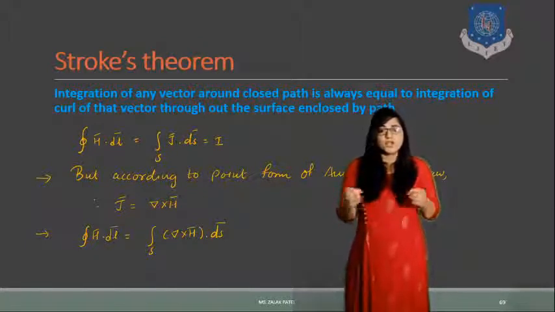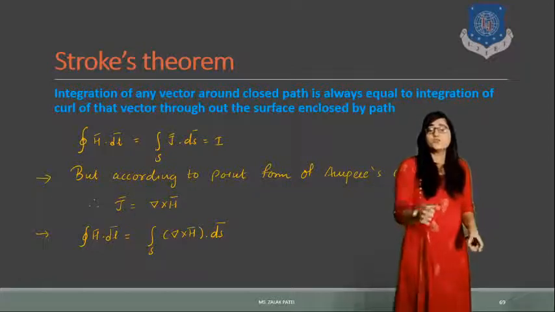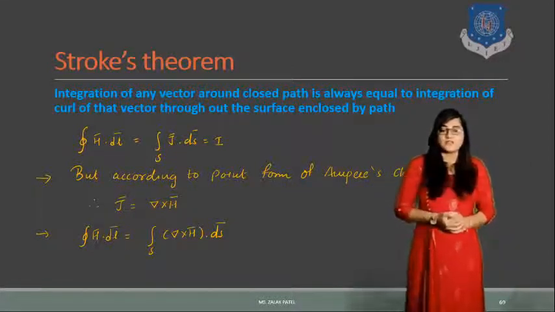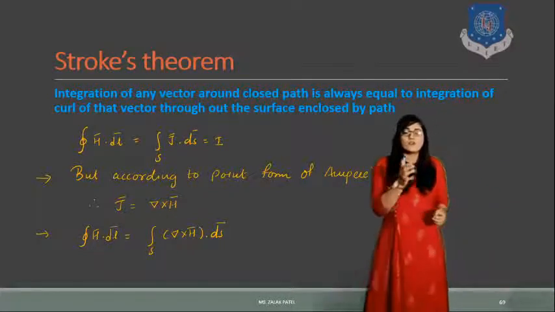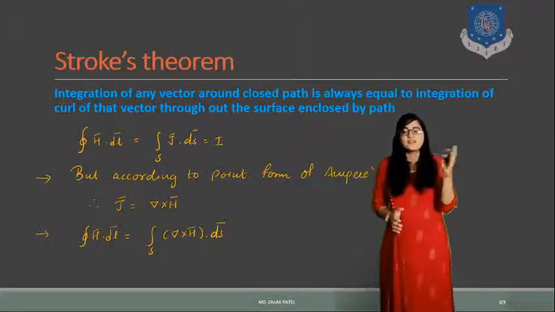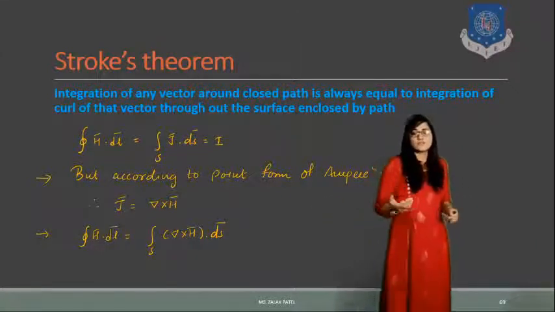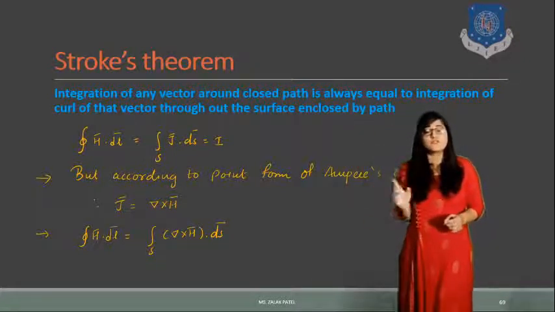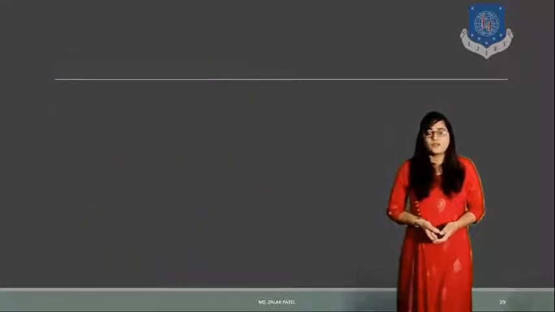This is Stokes theorem. So from this theorem, we can say that whenever we need to relate surface and volume, then we have to use divergence theorem, because according to divergence theorem, surface integration D dS is equal to volume integration del dot D. Whenever we want to relate line and surface, then we have to use Stokes theorem, that is H dl equal to del cross H dS. So for line and surface, you have to remember Stokes theorem, and for surface and volume, divergence theorem should be used. Okay.